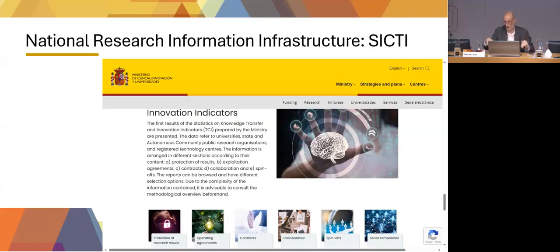It's more like a top-down approach where the ministry has a lot of information and they are making it available openly, a very good kind of open science practice. In this case, if you look at these innovation indicators, they're showing, for instance, how many spin-offs or startups are being launched in Spain from the research institutions or environments. There's a lot of them. There's a very nice analysis by regions, by economic sector, and arguably, I would dare say, this is the future of the economy in the country.